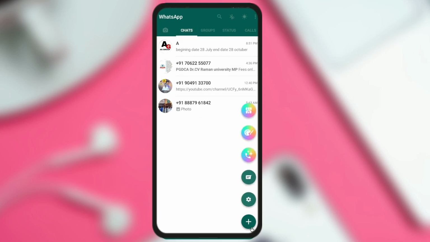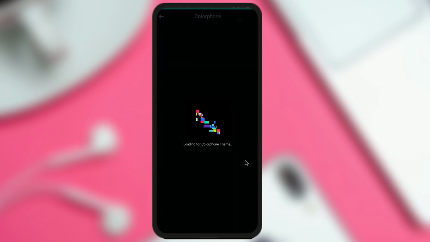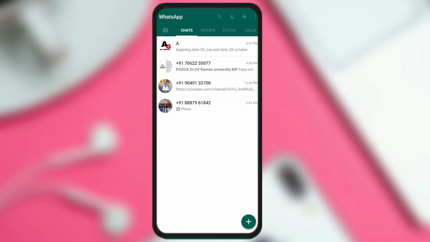Once I click this plus button, you can see that the caller phone option is available. From the last couple of updates, it has been noticed that the caller phone option is not working properly. Earlier in GB WhatsApp, we had multiple caller phone options. While making a voice call or video call to anyone, we found a lot of, you may say, displays and looks. But now it has given only one. Once I click here, what happens? It only shows a loading message and it takes a lot of time, but I haven't found any caller phone here. So you now have only one default caller phone.